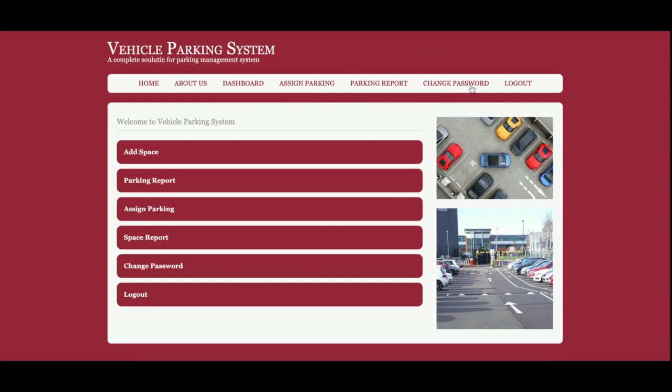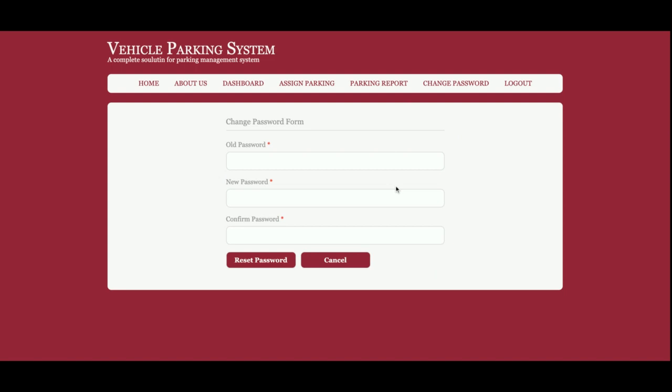The last option is the change password. Once you click on the change password, then you will be able to update your account password, and after updating your account password, you will be able to log inside the system with that updated password, right? And the last option is the logout. So once you log out from the system, you will not be able to access any of the internal pages, right? Even you will not be able to access these menus also, right? Because this is a session driven menu.